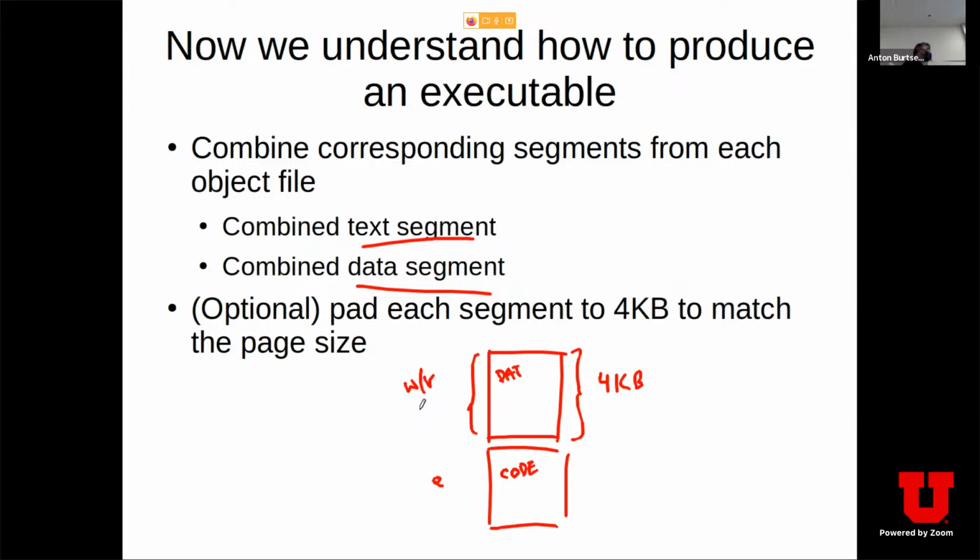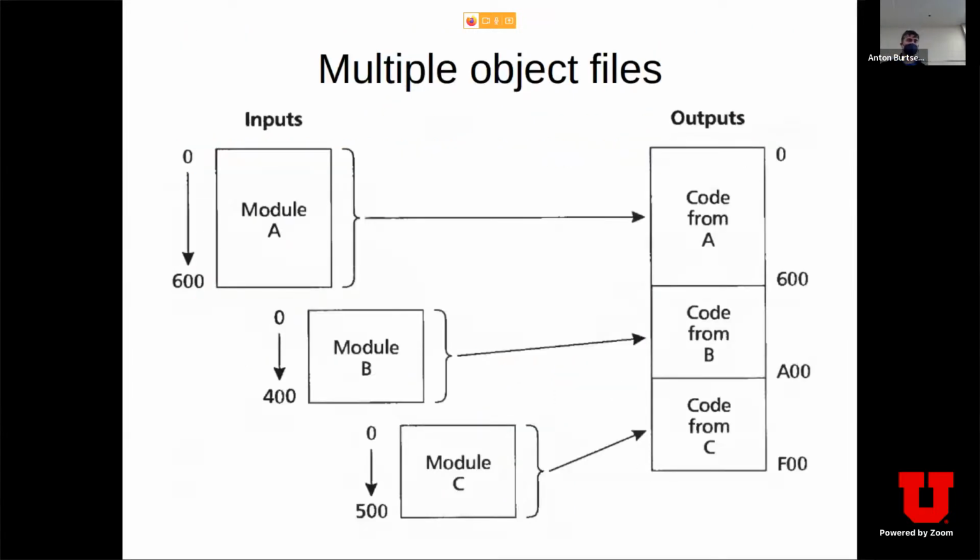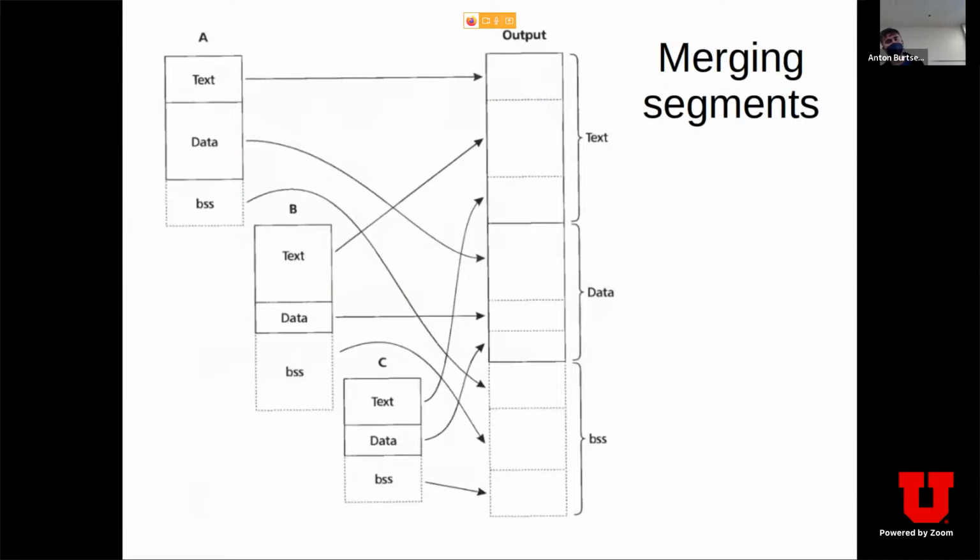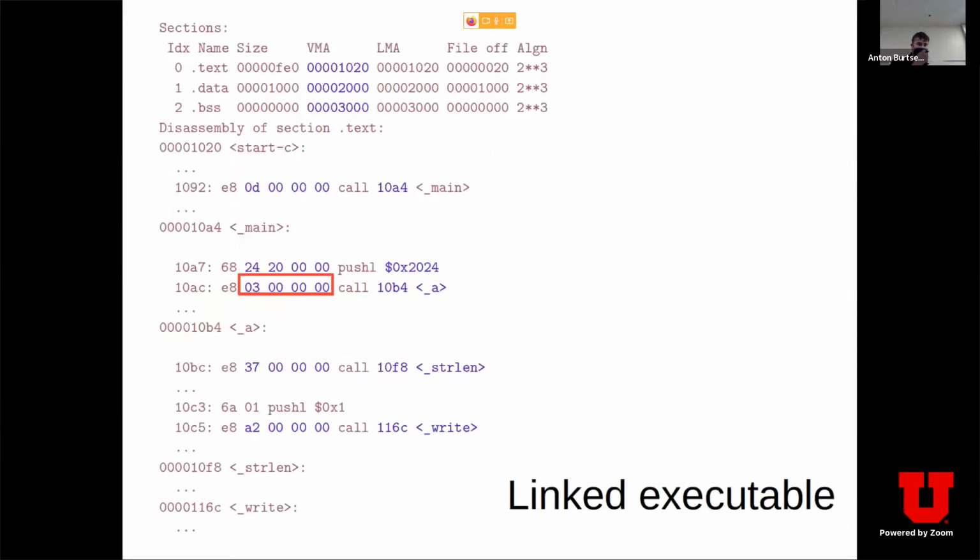Once it's loaded, the page is marked as executable and sometimes even not readable, right? So to make sure that you can hide the code as well. Okay, so again, the same trick which I was showing before, we just merge, and this is the end result. Essentially, if you link those two together,